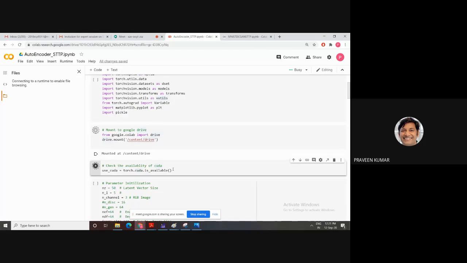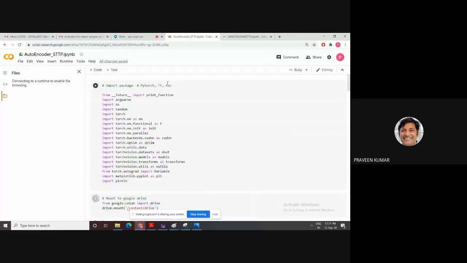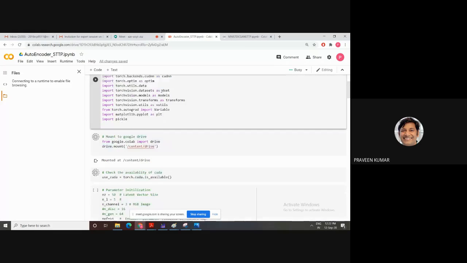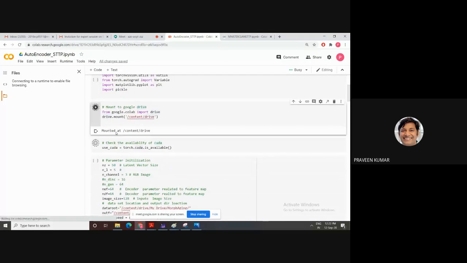CUDA is the library used for your deep learning purposes. PyTorch is basically one popular framework, developed by Facebook. TensorFlow is developed by Google. Keras is built on TensorFlow. Then two or three more frameworks are Theano, Caffe, and Lua, but these are obsolete. No one uses these frameworks at present. Mostly people use PyTorch, TensorFlow, and Keras. For a generative adversarial network, you go for PyTorch and TensorFlow. Next, the mounting is performed.